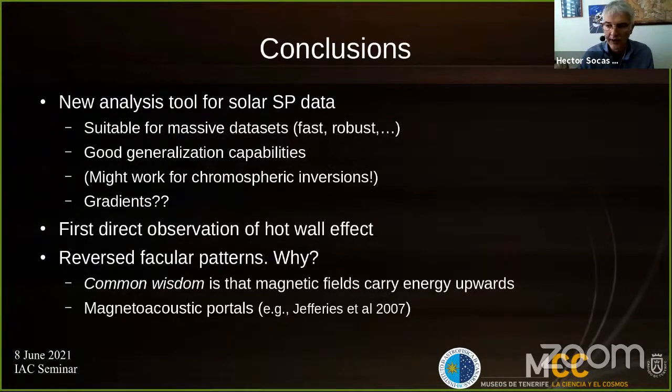The idea would be that if you replace the training set, the part where you take the model to compute synthetic solar profiles, and replace it with a code to compute stellar spectra or whatever spectra you're working on, then you might be able to use the rest of the tool. And then I think it's very cool that we apply these to observations, and right away,